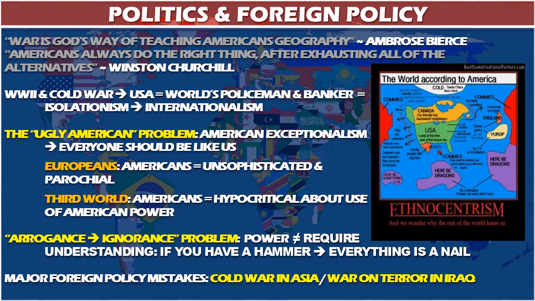And in some parts of the third world, Americans are seen as hypocritical because they see American military bases, they see the use of American economic and military power, and they think Americans talk about liberty and justice, and there seems to be a conflict between what we do and what we say. And this makes it hard for us to have foreign policies because it means we don't have support in other countries. It might make it more difficult for us to find allies or get cooperation from places as we're trying to get involved or fix problems in different regions.